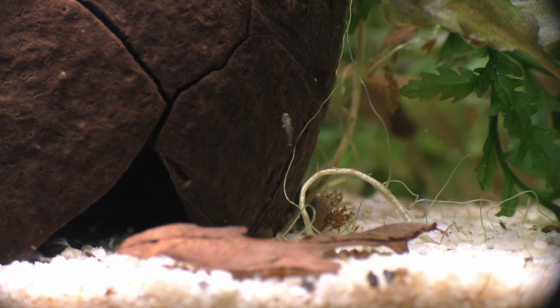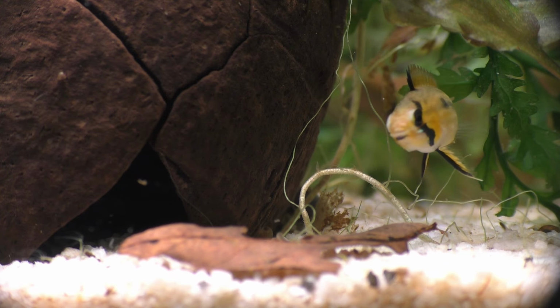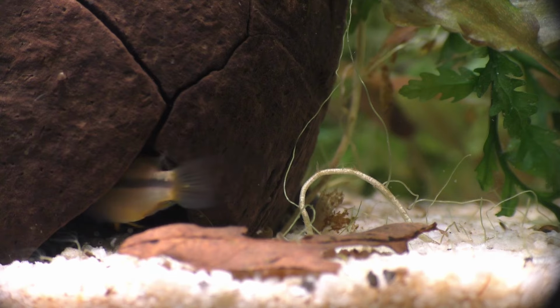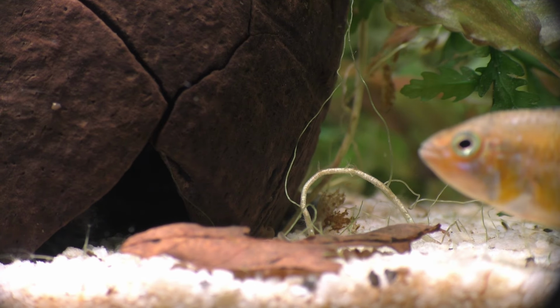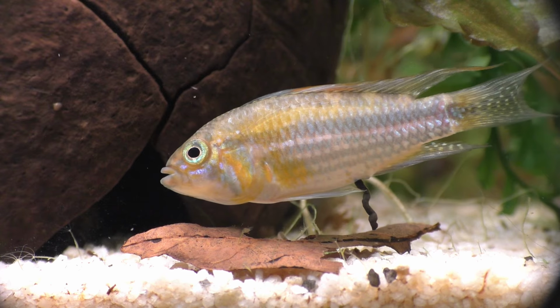Nonetheless, I've come up with two possible reasons for this tilted posture in my female Apistogramma. One, it might allow her to swim faster, which would explain why angelfish use this posture when they're really upset and they want to strike another fish as quickly as they can. But in this case, I think that this position allows the female to get a better view of the male,